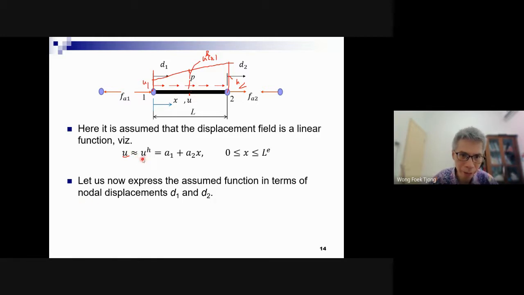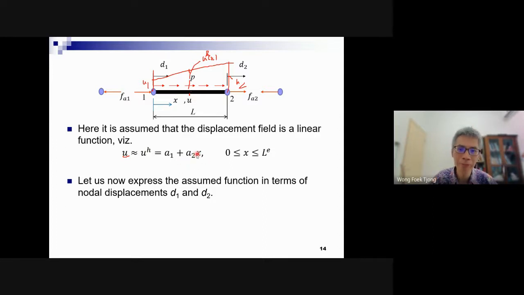So this is approximation, use the symbol H. This is approximate displacement, use linear for two-noded bar. So this is called linear element because the basis for assumption is linear basis,